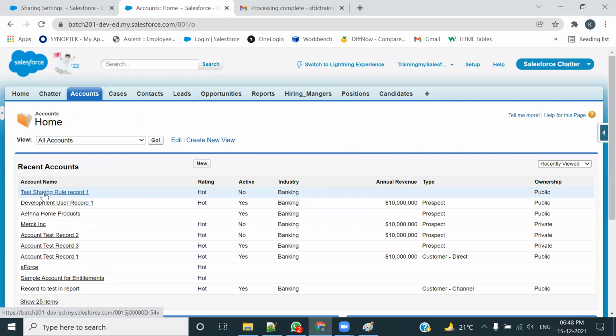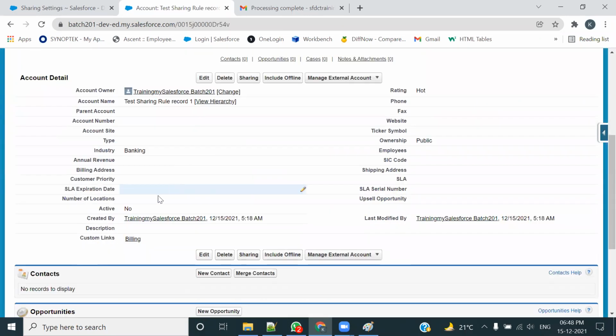मैं फिर से वही रिकॉर्ड ओपन करता हूँ, टेस्ट शेयरिंग रूल रिकॉर्ड नंबर 1। क्या कंडीशंस थी? इंडस्ट्री बैंकिंग होना चाहिए था, ठीक है। रेटिंग हॉट होना चाहिए था, है। ओनरशिप पब्लिक होना चाहिए था, है। एक्टिव स्टेटस यस होना चाहिए था, जो कि नहीं है। तो देखो, ये नेगेटिव टेस्टिंग किया मैंने, इसलिए रिकॉर्ड शेयर नहीं हुआ।